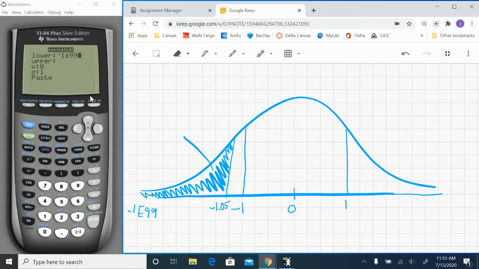Okay, and then the upper bound is the right side of the shaded region. That's this value here. So we have -1.05. All of this is shaded, and then this is our right bound, the right side of our shaded region. So again, I'm going to use the negative at the bottom. -1.05 is the right side. The mean in this case is 0. For all standard normal distributions, that will be true. And the standard deviation is 1. Hit paste and hit enter. And it gives us